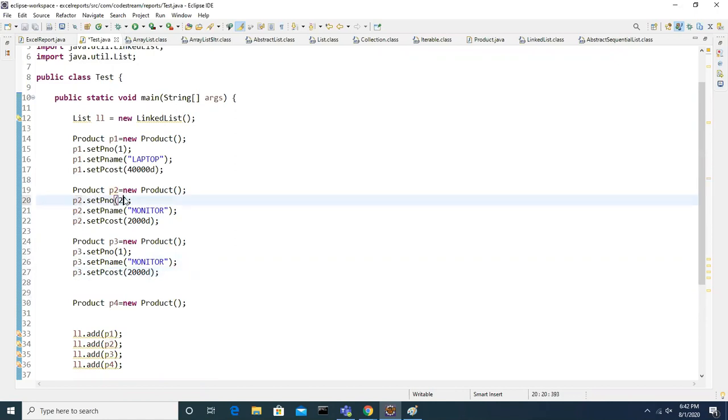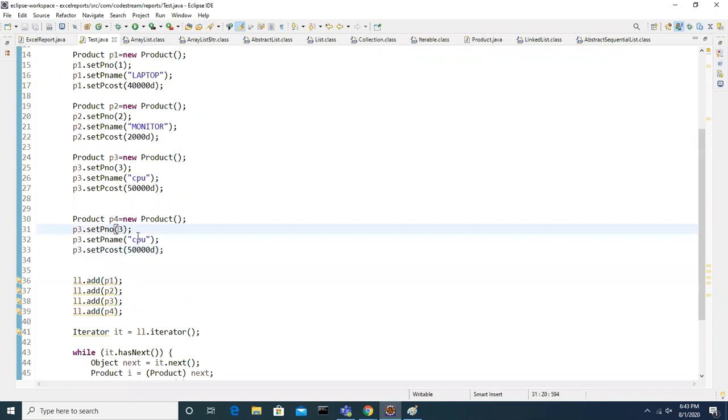This is the second element. This is the third element. I'm just adding. This is the CPU. Let's say it is 50,000. In the same way, I am adding the fourth element.